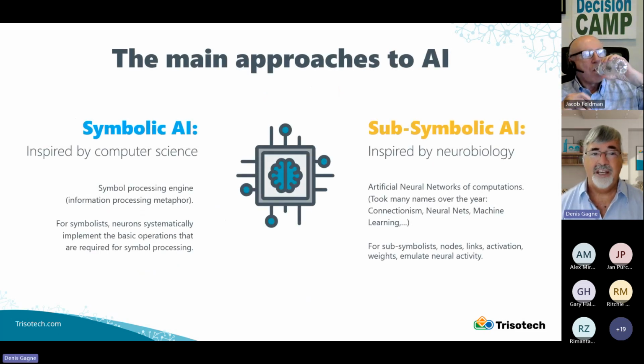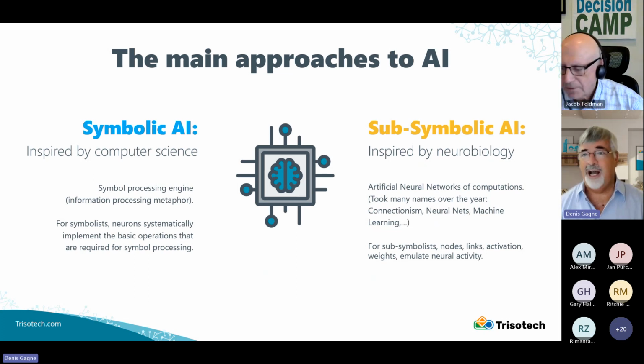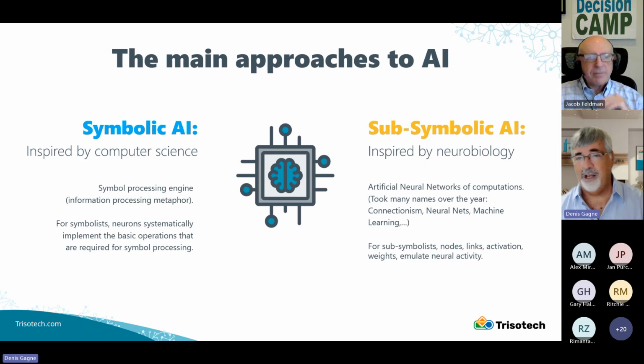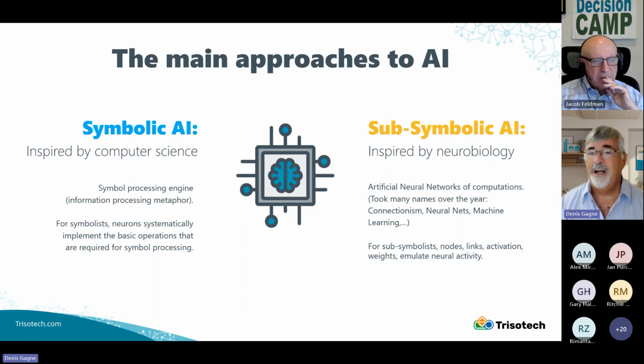At least since the 80s, there have been two main movements in AI, the symbolic AI and the subsymbolic AI. Subsymbolic took many different names through the years, from connectionism, neural nets, machine learning, and we're continuing with this.